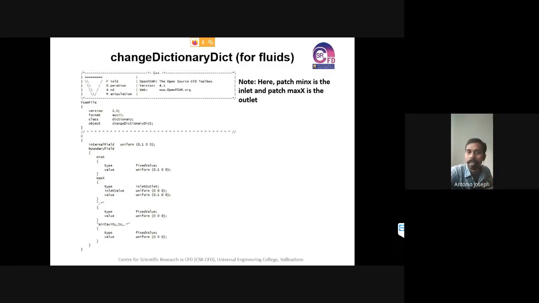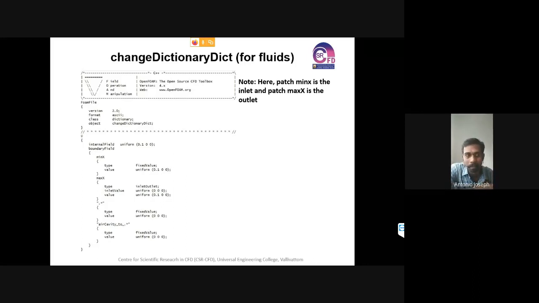Instead, I am telling that air cavity and the patches which the air cavity is sharing with other subdomains should be given this particular boundary condition. It's very easy as it is. That's how we are mapping the patches.